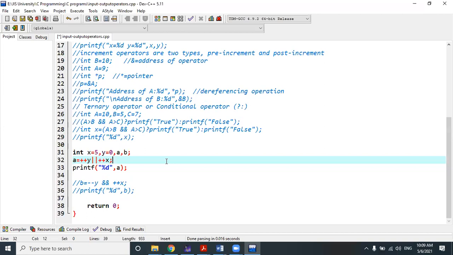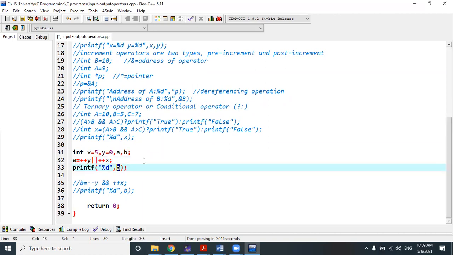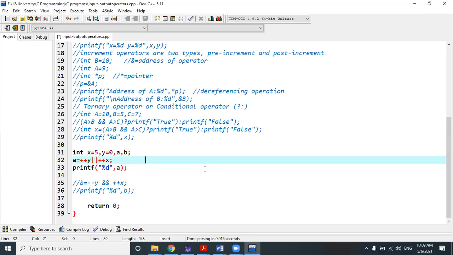Here we combine the logical OR operator along with two pre-increment operators, right? Now can anyone tell me what will be the output of this expression if I print the variable a in the next line?